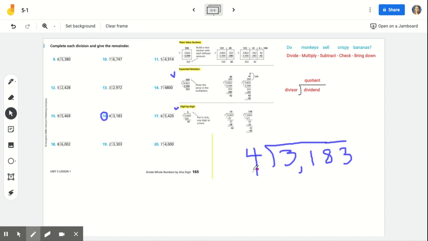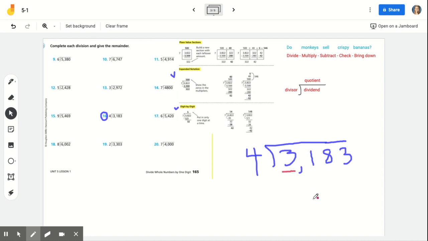Okay, so first things first, we're looking at our divisor of 4, and we're looking at our dividend of 3,183. I still use the underlining method just to keep track of my place values to get us started. So what I'd like you to do is underline the 3 in the dividend, and